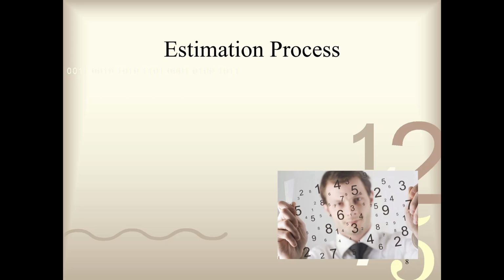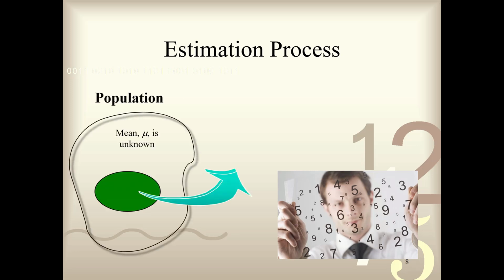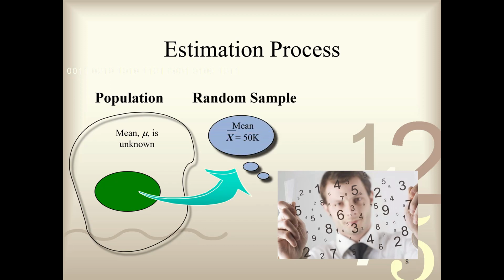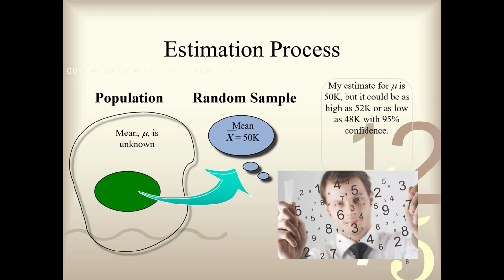So again, with confidence intervals, I'm making an estimation. Think of it this way. I have the population. Let's say mean is what I'm interested in. The mean is unknown, and I take a sample and get a sample mean of 50K. Say 50,000. Let's say we're talking about salary. My estimate for the population mean is 50K, but it could be as high as 52K or as low as